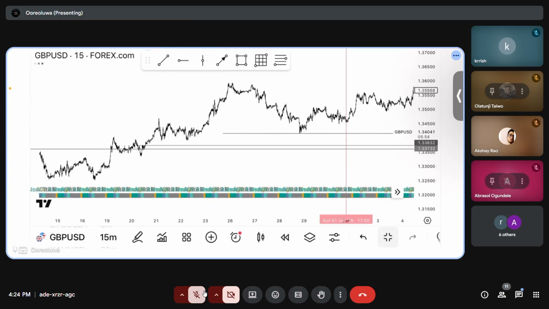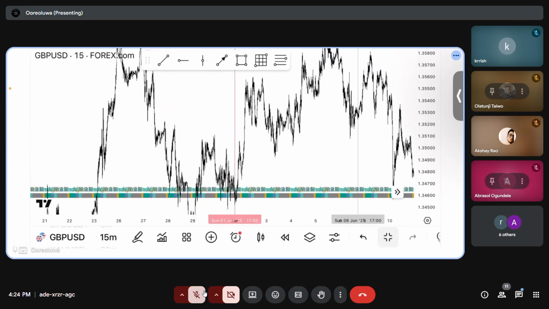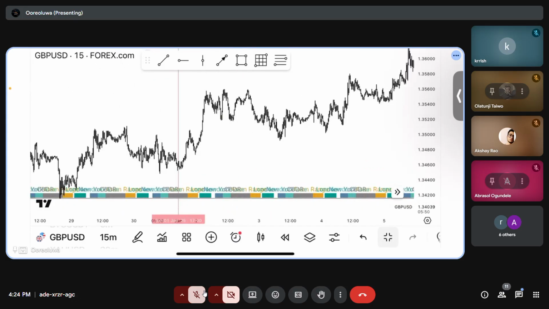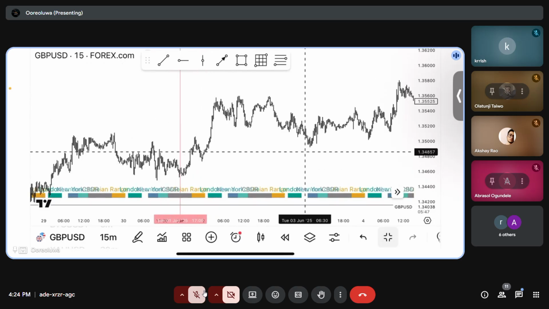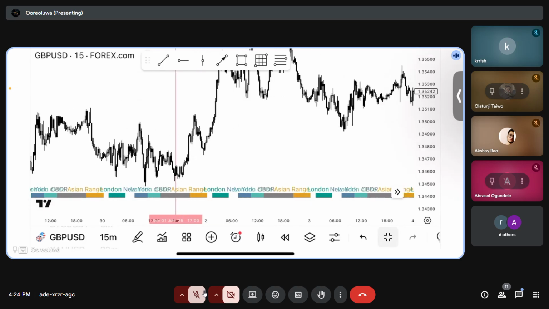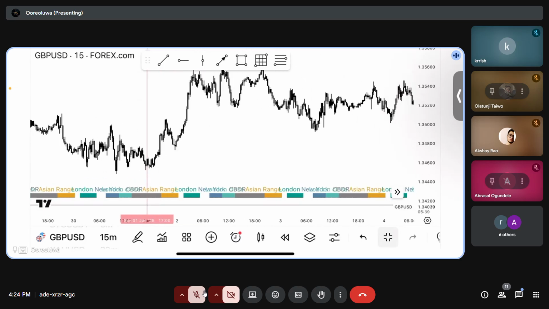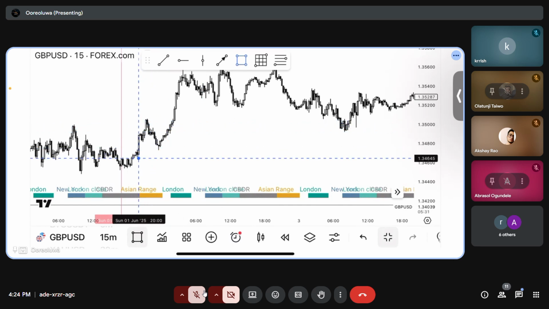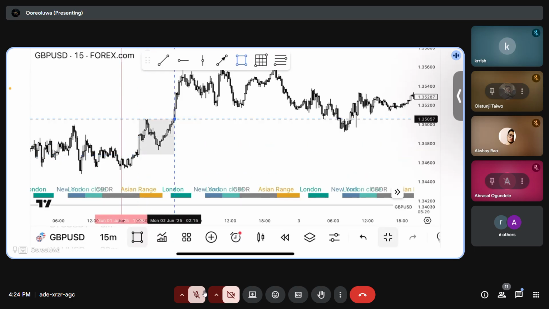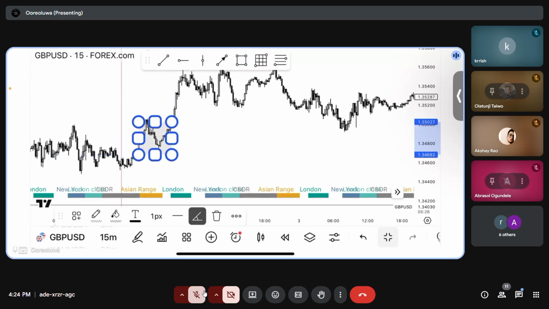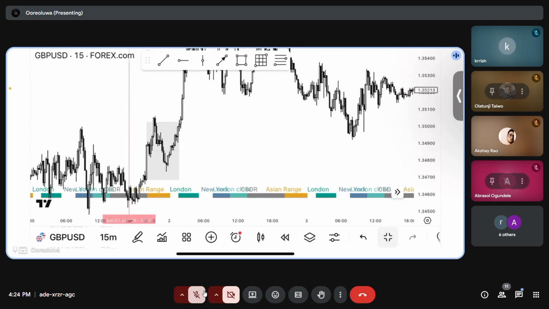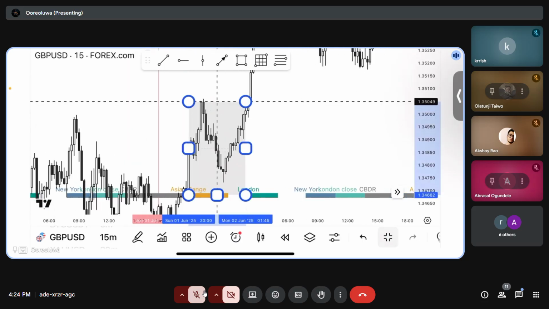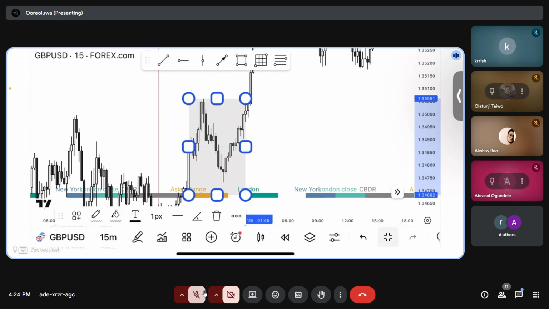Okay, so this was the first week. This is Monday, so you skip Monday, as I told you guys to. But make sure you mark the Asia. Asia didn't give any trade setup for your model, so you skip. Sorry, let me remove this. So you skip the Asia, you skip Monday, since Asia didn't give you any of your entry model.